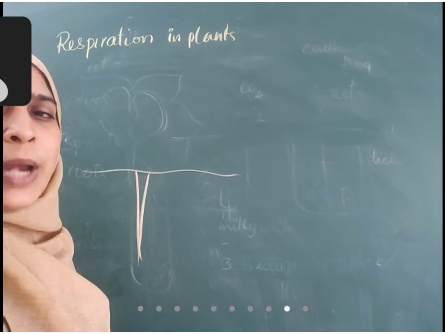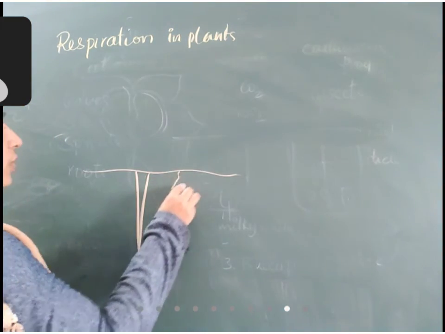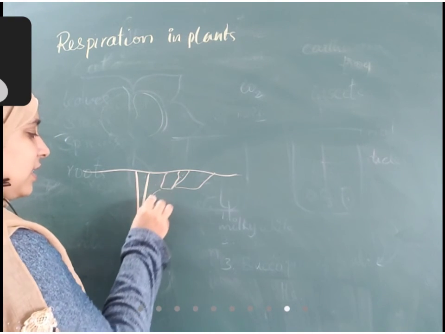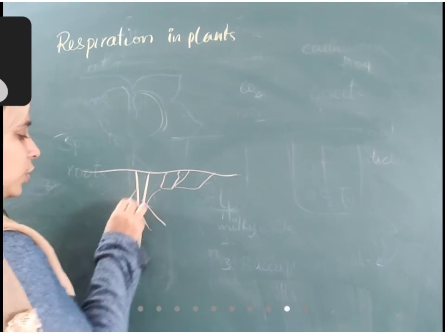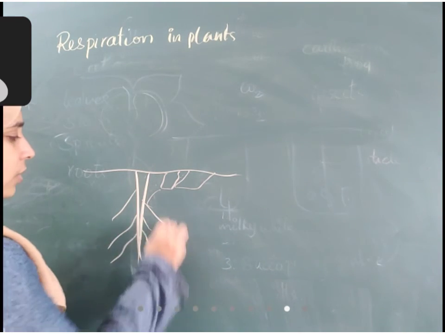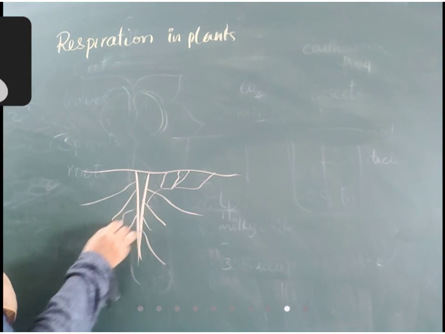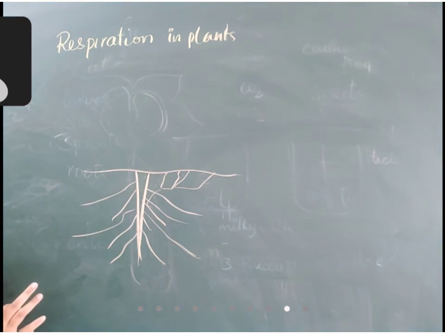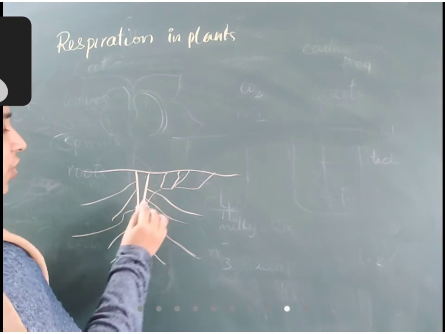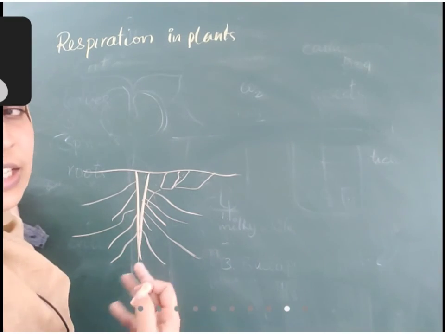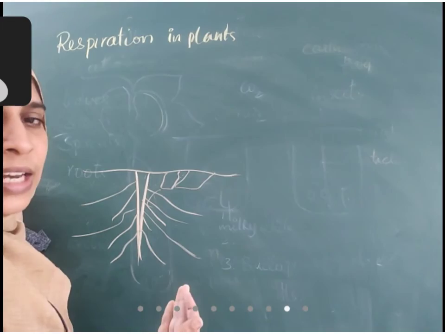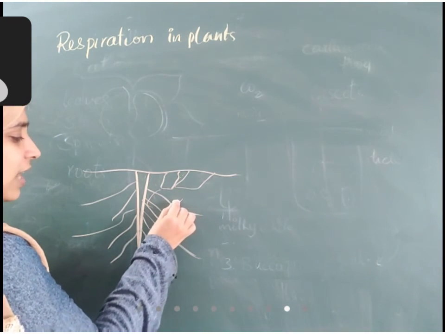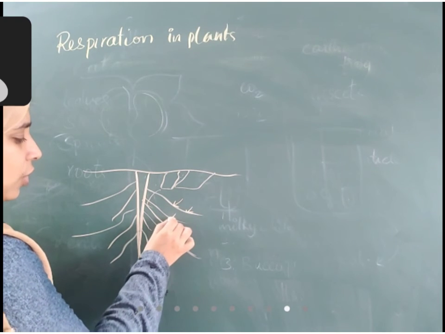Farmers usually plow the fields to loosen the soil so that some amount of air is present in it. This air is enough for respiration of roots because root hair is distributed in the soil. So in the case of roots, respiration is direct, there are no holes like that. Air enters directly into the cells of root hair.